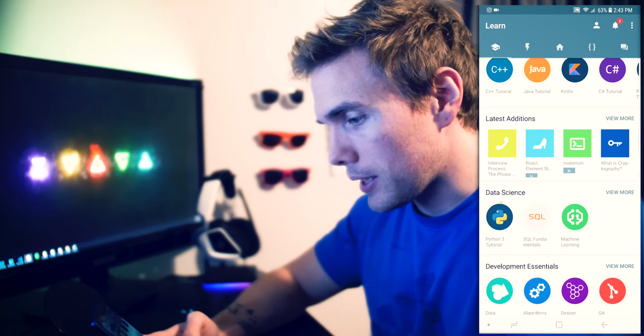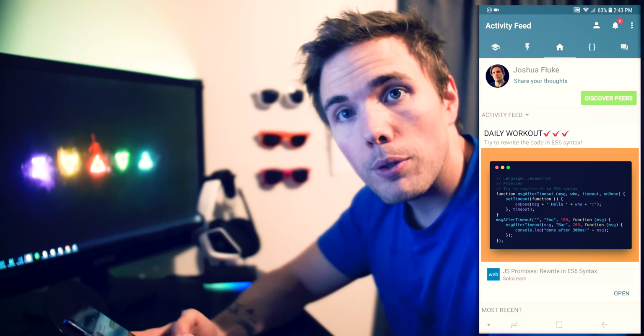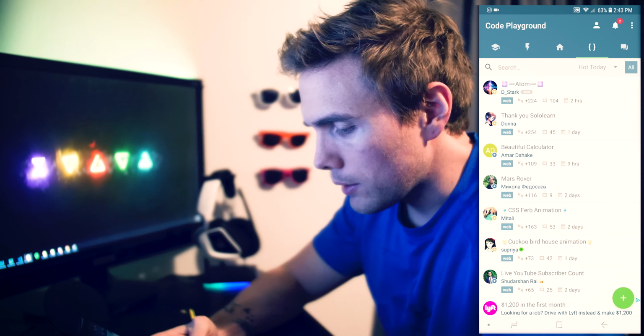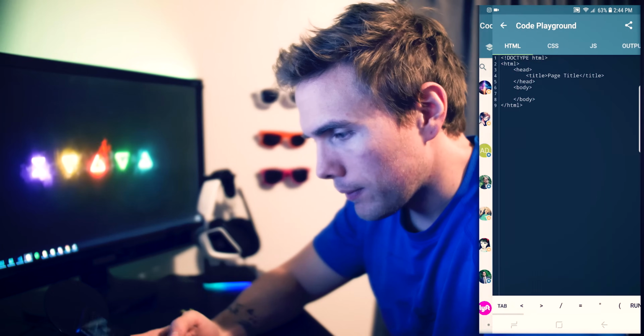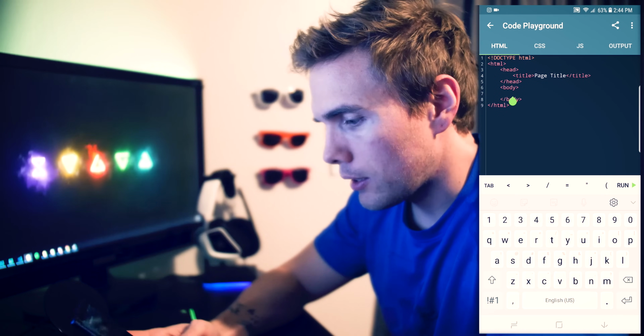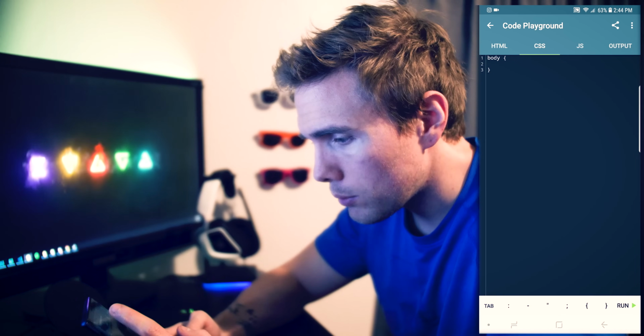They have an interview process thing on here. React Elements, NodeMon, what is cryptography? So it actually has like a little code editor that you can use if you come over here and click on the brackets. Then you click the plus symbol, press web. It'll open up HTML, CSS, JavaScript output for you. And then you could come in here and you could type hello, you go to the output and it says hello. That's neat. I wonder if we could do JavaScript.